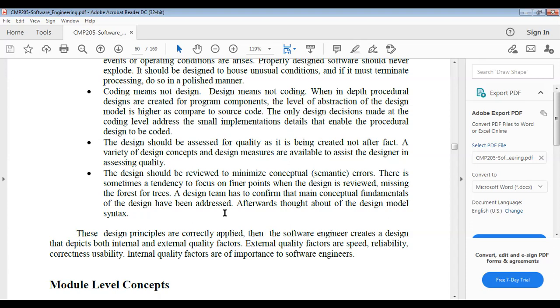While designing, we are just designing a model of the software. We are not making the software. It is just a model. And while coding, we don't use designing; we use only algorithms for the particular software.